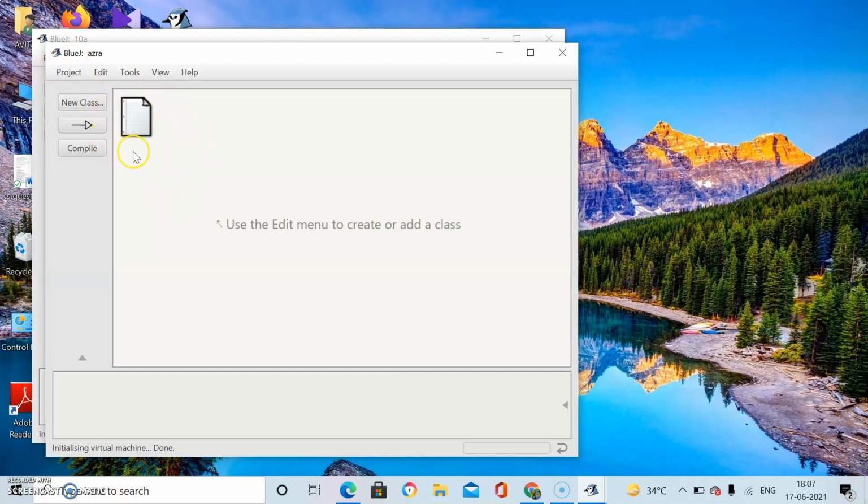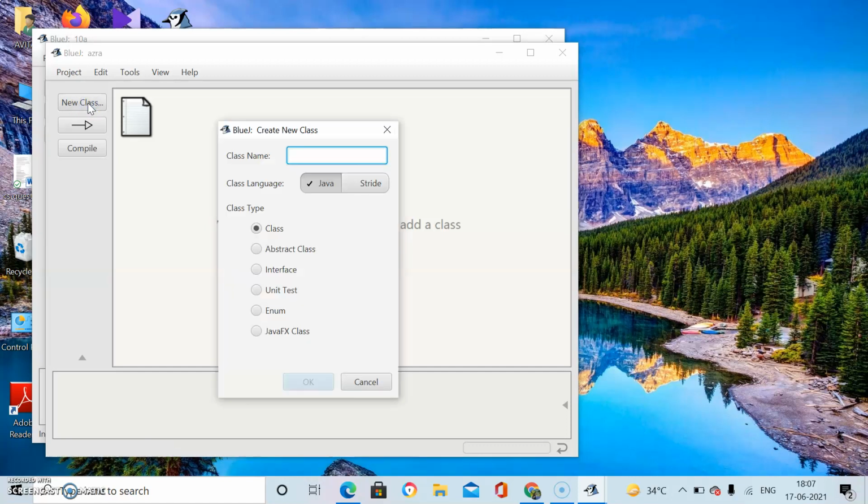So once you have created the project, you will create a class first. In Java, each and every single executable statement will be within a class. So click on the New Class option. Now another window is there. On this box there is an option of class name. You will decide the name of the class and write it here.